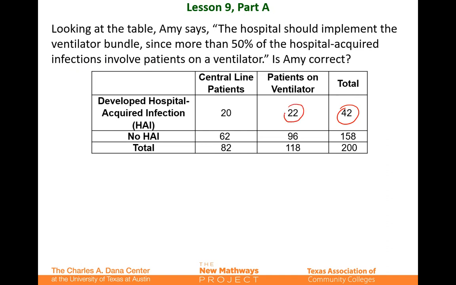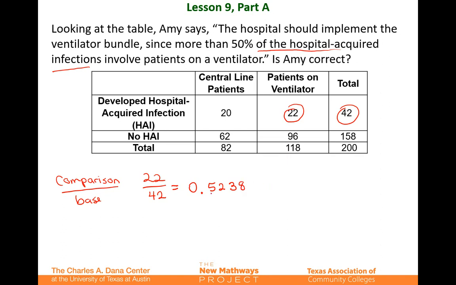This is the ventilator. In this case, our comparison value is the 22, and our base is the 42. You can tell the word base because it'll usually have the "of" in front of the hospital-acquired infections. That refers to the total number of infections. If I change that to a percent, if I just put 22 divided by 42 in a calculator, you can see that it comes out as a decimal of